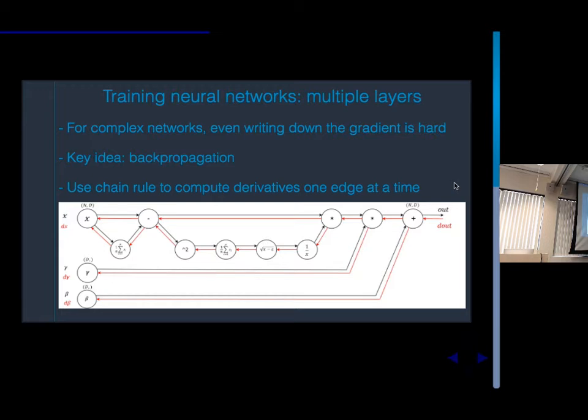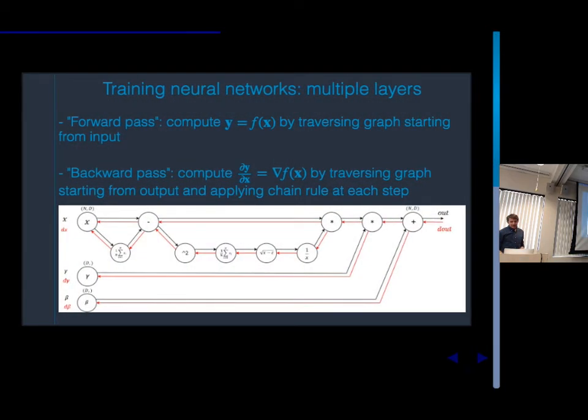I'm not going to make you guys do any kind of calculus stuff. For the most part, you don't have to worry about doing this. This is what I was just saying: the forward pass is going this way, and in the backward pass, at each step when you're going backward, look at the derivative with respect to the previous step, and then keep multiplying them together.